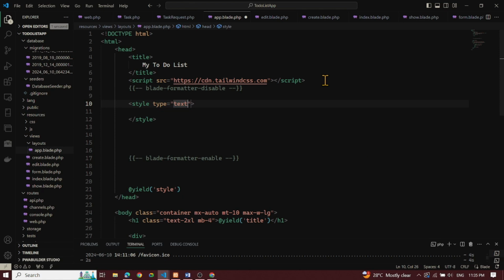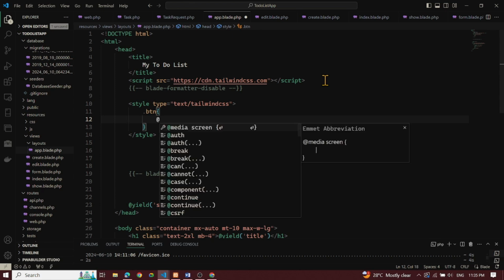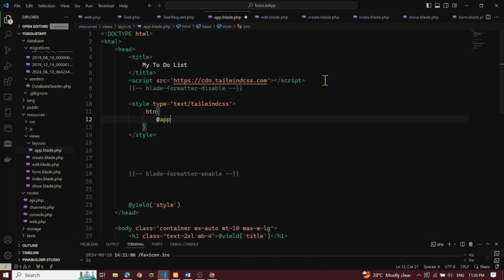text/tailwind CSS. So that's it, and then let's have our button. For all the buttons, we can create this. Okay, for all the buttons, we can apply. Yeah, that's apply. And then